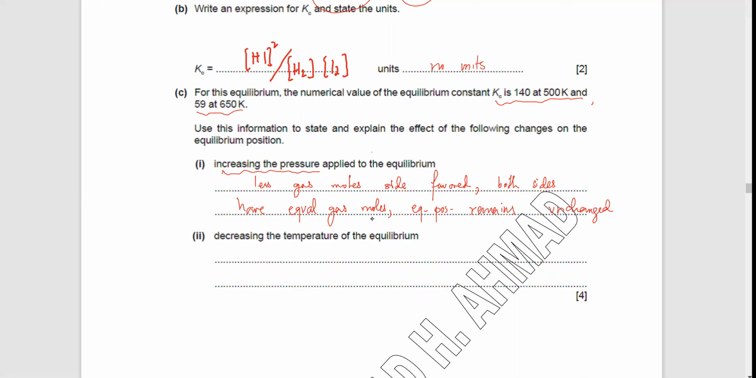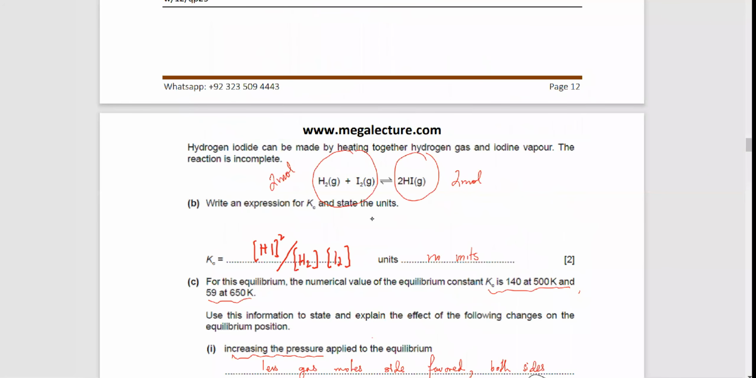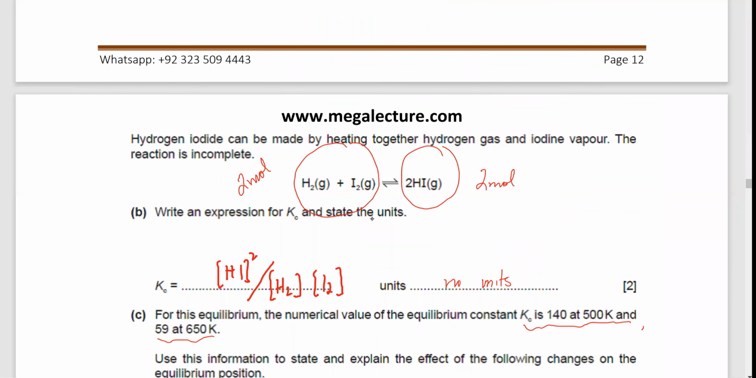unchanged. And the next one is decreasing the temperature of the equilibrium constant. Now, if you decrease temperature, the exothermic reaction is going to be favored. So, how do we figure out which one is the exothermic reaction? Now, to figure out which one is the exothermic reaction,